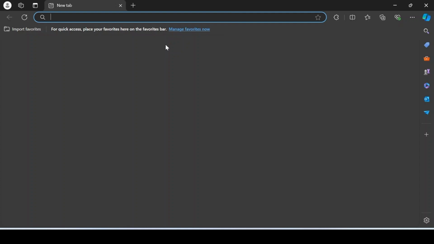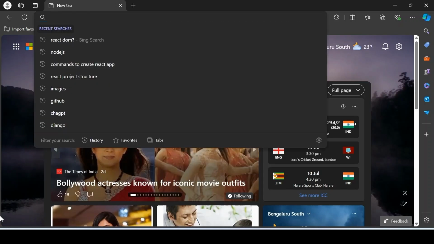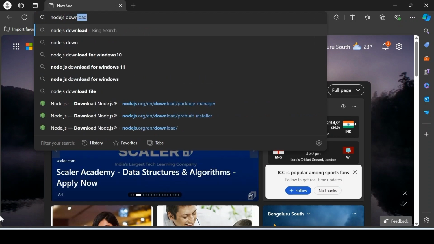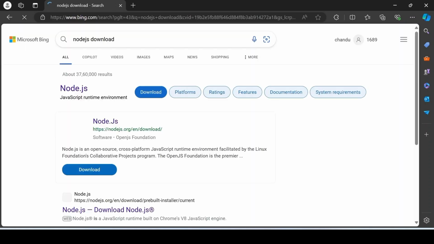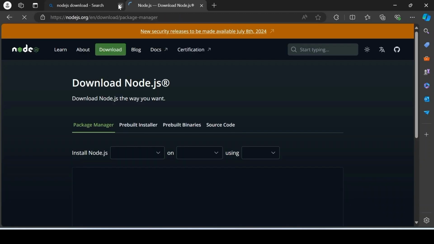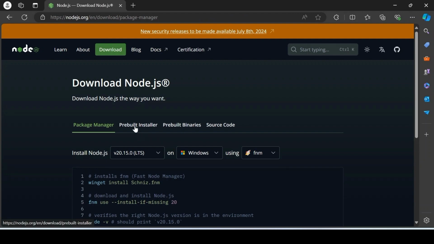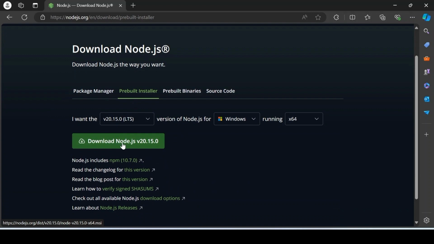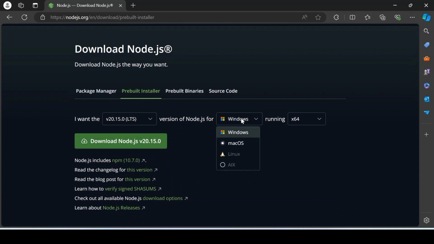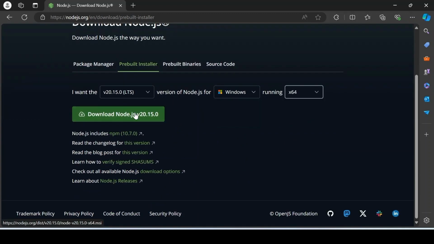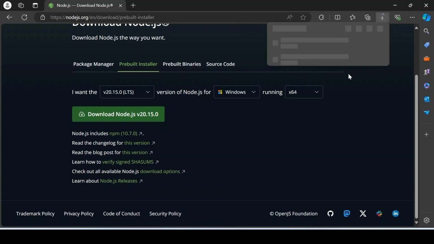Go to your browser and say node.js download. Then you'll get a link right here, right? Click on this, and we better use the pre-built installer and go to this. If you are on Windows, Mac OS or Linux, go for your respective operating systems and download your node.js. Just click on it, it will download the installer,